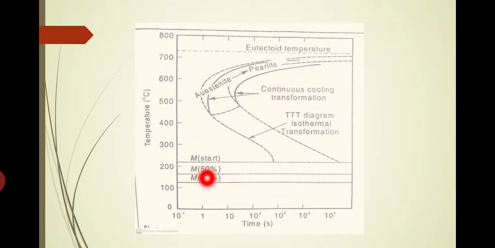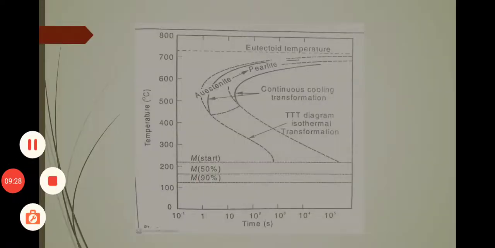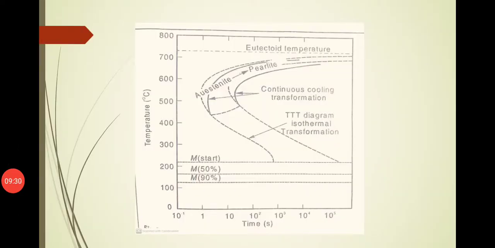So what I have discussed is, if you come to continuous cooling instead of isothermal cooling, the starting point and ending point will shift towards the right. That means the time required for the start of the transformation from alpha to pearlite or bainite, whatever it may be, will be delayed. That time is called incubation.